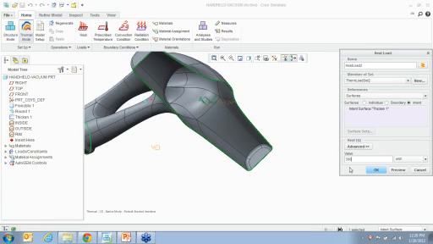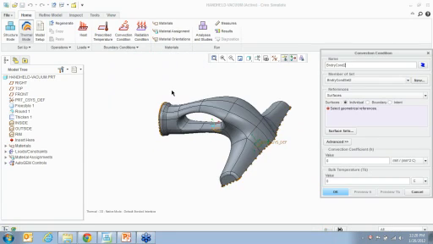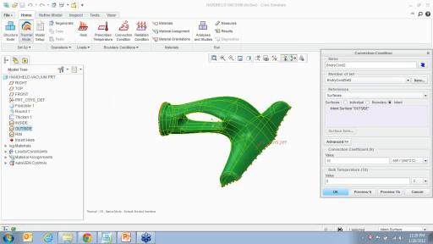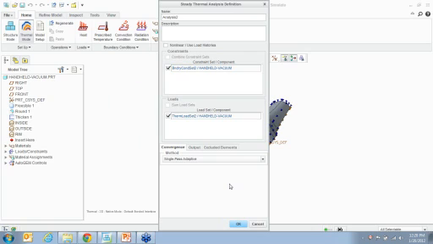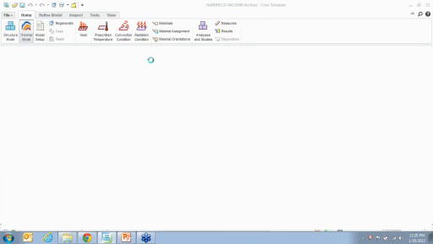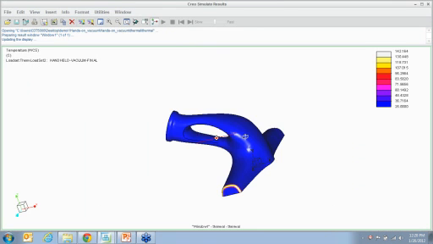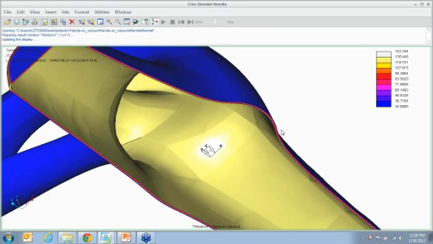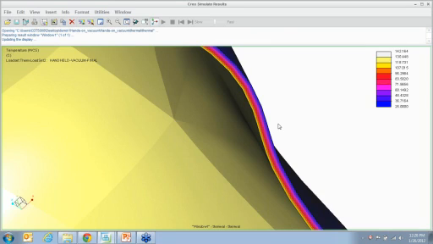Right? Then I also want to put a convection condition, where I pick the outside surface and say the convection coefficient is 10 and the bulk temperature is 30 degrees, and you can run a regular analysis. Say go here, run a steady state analysis, and we can also look at the results for the thermal analysis real quick. So you can see the temperature distribution